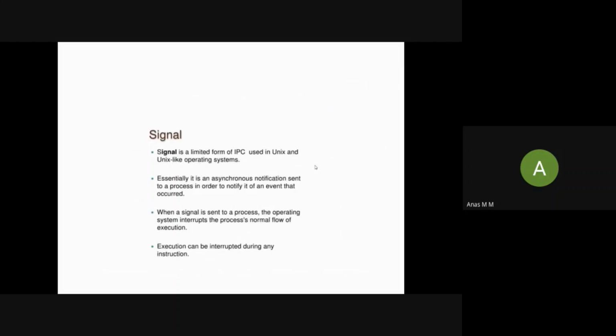A signal is a limited form of interprocess communication used in Unix and Unix-like operating systems. Essentially, it is an asynchronous notification sent to a process in order to notify it of an event that occurred. When a signal is sent to a process, the operating system interrupts the process's normal flow of execution. Execution can be interrupted during any instruction.